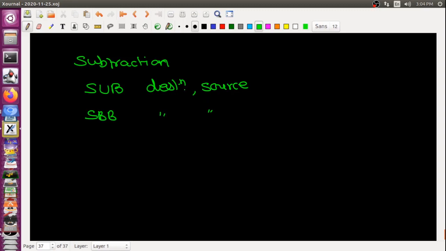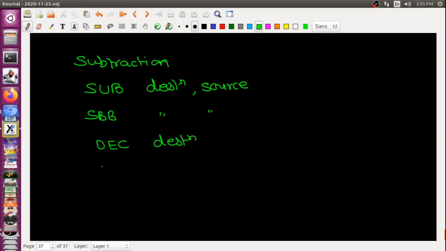Okay, decrement is DEC. It decrements, meaning it subtracts 1 from your destination. So I write DEC destination.